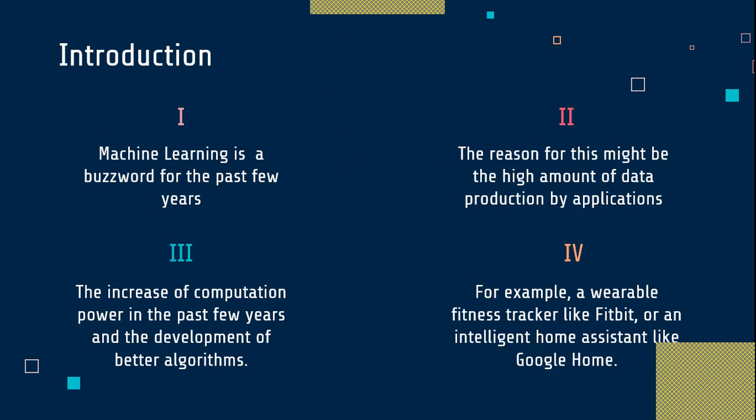Because of that, a large amount of data is available from social networking websites, and your GPU, which is the brain of your computer, is now so fast that it executes data in parallel fashion, and at a large quantity. So this is the increasing computation power, along with better algorithms.